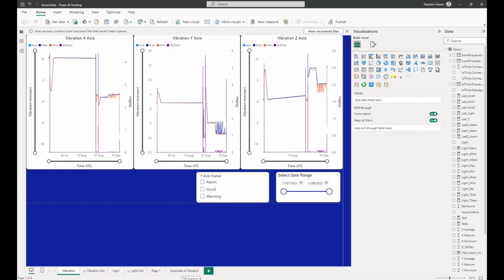Today we're going to continue our look at Power BI with the report you can see on the screen at the moment. So this is our vibration data with my X, Y and Z axis from the vibration sensor. We've got a tooltip here showing more information. What I'm going to show you how to do through this video is to get it to show you the